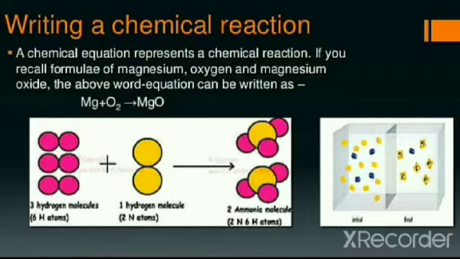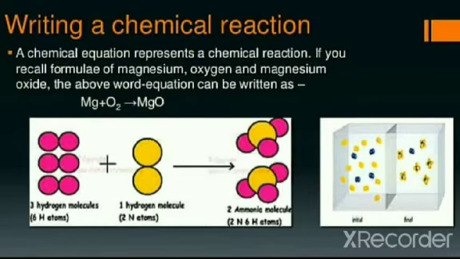Magnesium is a metal. So whenever we have metals appearing in the equation, how should the metals be represented? The metal should be represented using its symbol. All the metals should be represented using their symbols. So here in this case, magnesium being a metal, we write the symbol of magnesium, Mg, plus